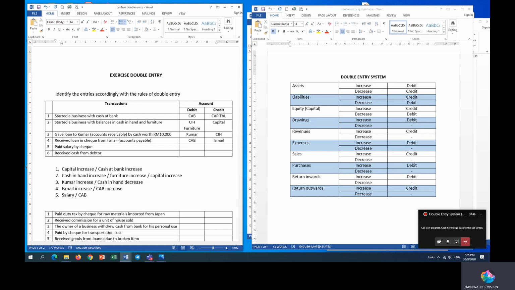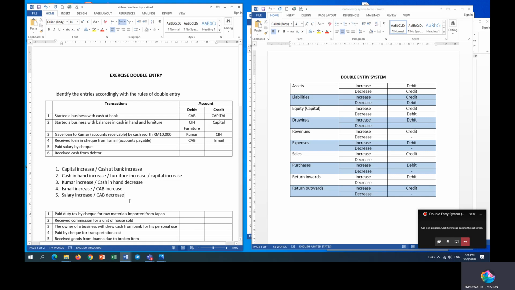Okay. Now, let's look at the movement, at the status. Your salary increase because of activities of making the payments of salary, membayar gaji. So gaji awak, bukan gaji awak bertambah, perbelanjaan awak bertambah. Salary is expenses. And then you make the payment via check. Jadi duit awak dalam bank berkurangan. Because the payment has deducted, mengurangkan, the amount of cash you have in your account. So cash at bank decrease.